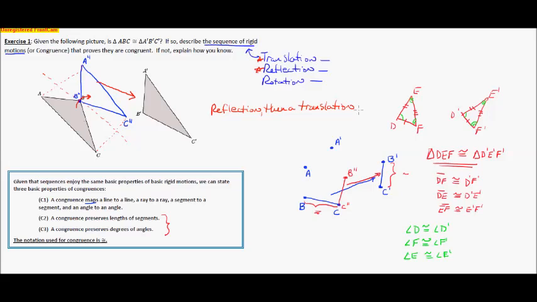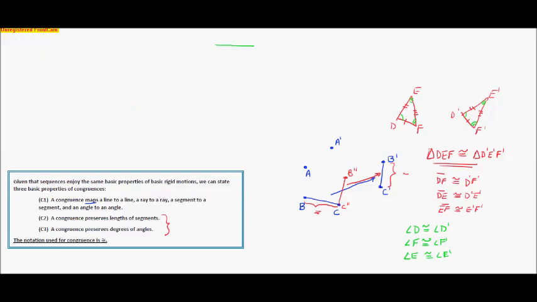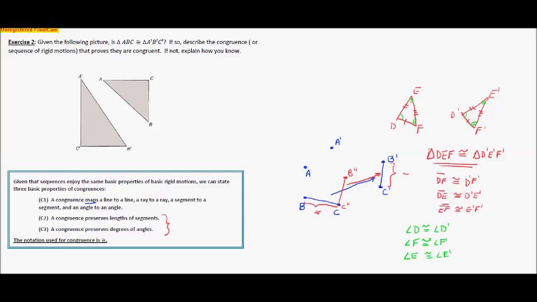Alright, now exercise 2, if I could turn that off, and I could turn that one off, okay, that clears the decks there, and turn that one on. There's exercise 2, alright? Now, this one says, given the following picture, are these two congruent to each other? So same question they have for me, and again, if they are congruent, I need to describe